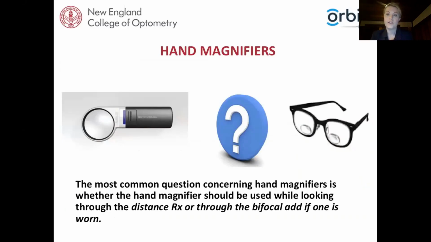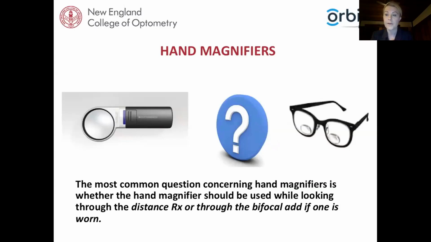Hand magnifiers are another approach. Most hand magnifiers now are labeled in diopters because the magnification or X label on magnifiers is not uniform between countries, and it is not uniform between manufacturers even within countries. So most hand magnifier distributors for low vision devices will indicate the dioptric value on the hand magnifier. So in our previous example where the patient required 8 diopters to read 1M, we could prescribe an 8 diopter